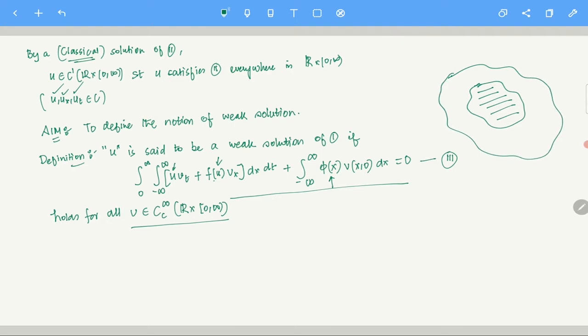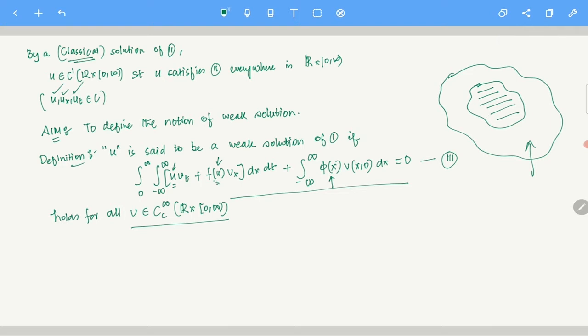If I'm asking you in which set you can find a solution, of course you will go for the bigger one. That is a safe bet. The bigger one has many more functions, right? So if you look at the bigger one, the chance of getting a solution is much better, and this solution does not have too many restrictions. The other one has a ton of restrictions. So this is called a weak solution.